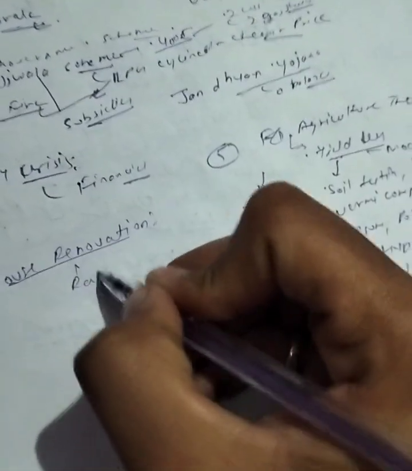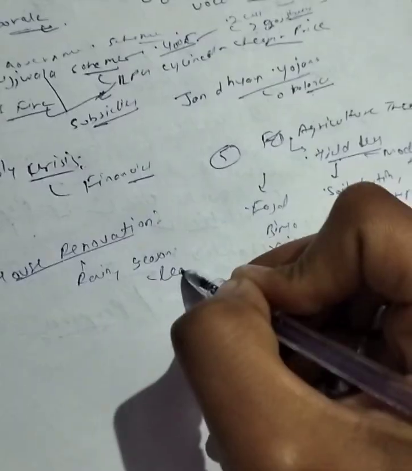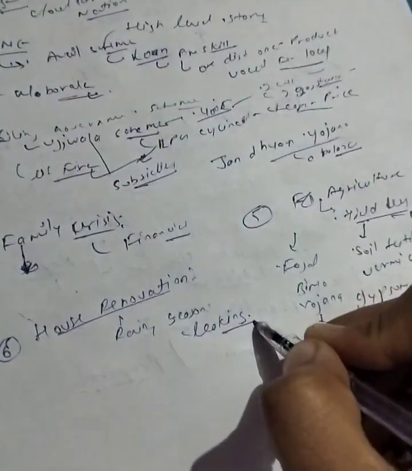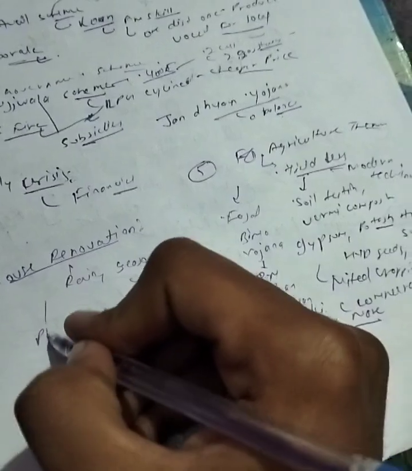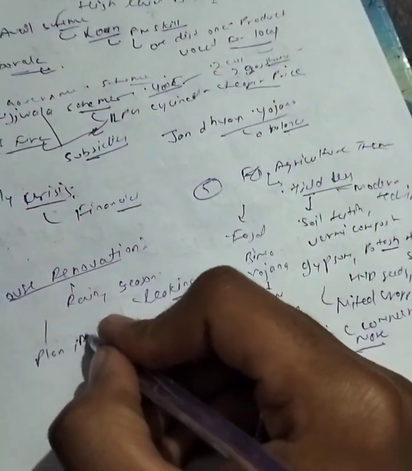In the rainy season, their house had leaking, the problem of water leakage in their house, so they decided to renovate. So how they plan, how they execute, how he execute,